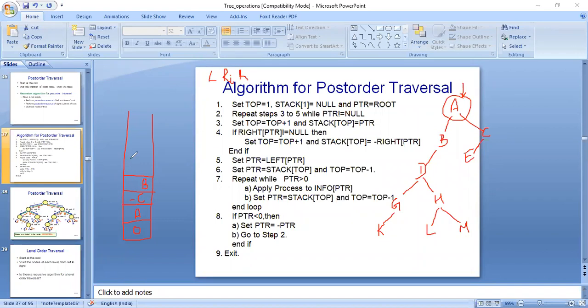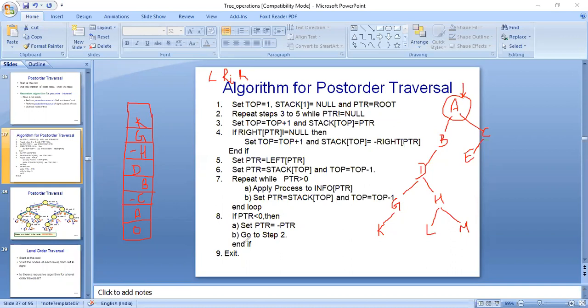Afterwards we will be pushing D, which is again the root. Then we will be pushing the right child first. So D's right child is H, and we are using negation for right because it will be processed later. Then we have to push G and then K. Since G is not having any right child, that is why we are not using any negation sign over here.